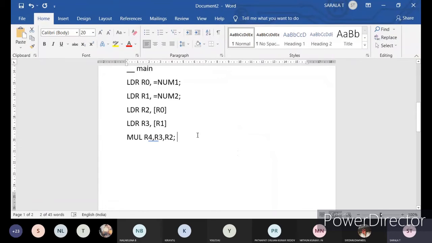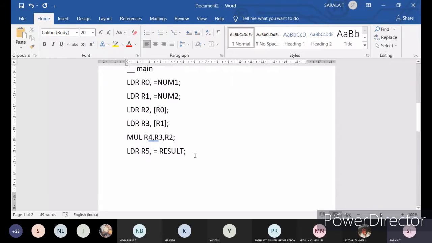That's why first we have to load it into another register, like R5: LDR R5, equals result. Understood? Now I think you are getting what to write and what not to write. The memory address of the result will now be stored in R5.